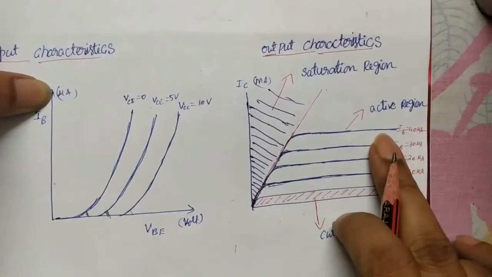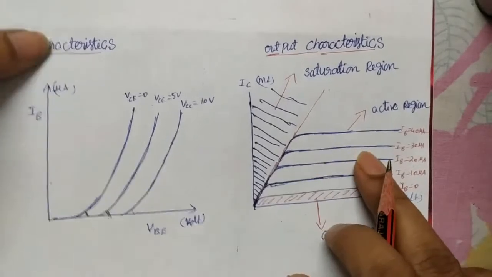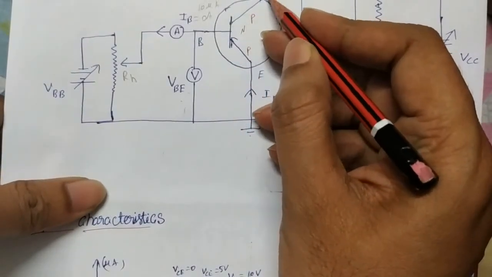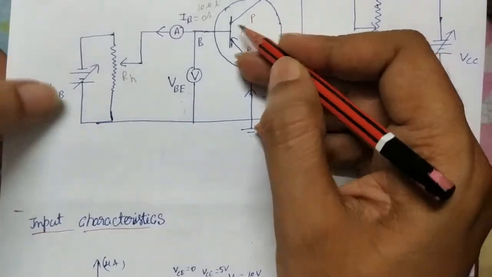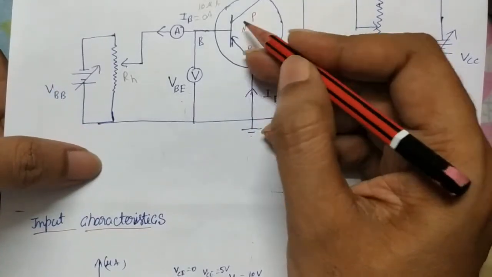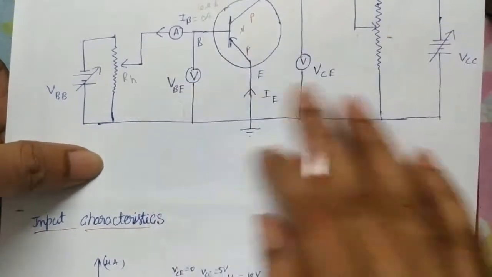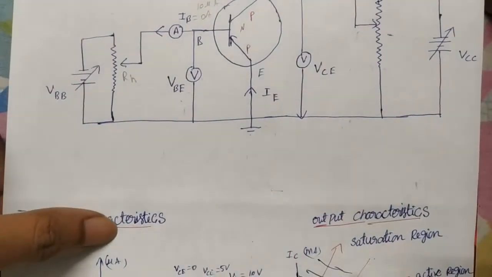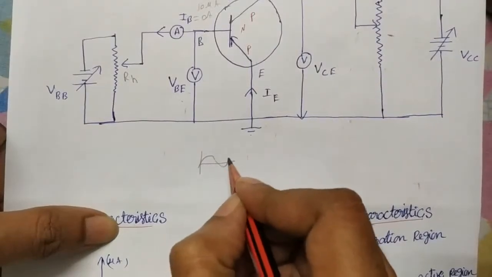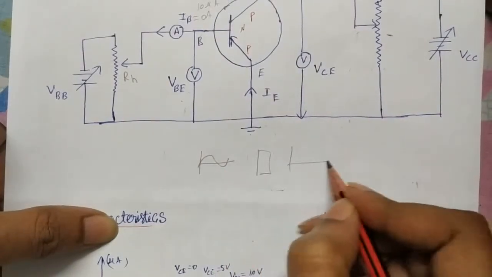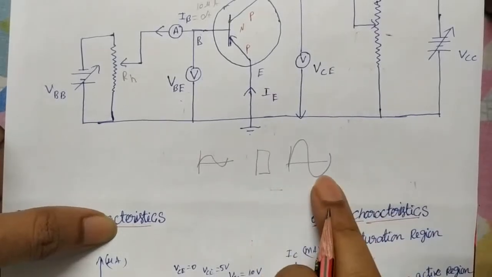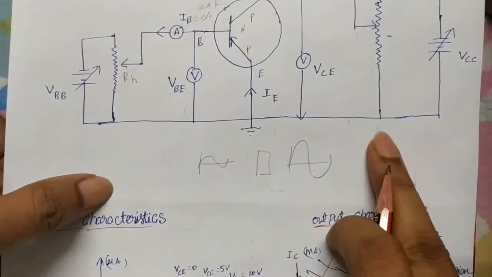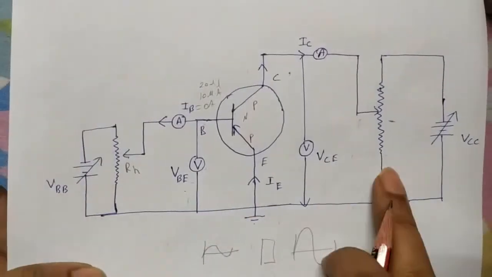And now about the active region. Active region means the emitter-base junction is forward biased and the collector-base junction is reverse biased. Always we are discussing this condition only: this one always forward, that one always reverse. In this situation, it is used as an amplifier. What is an amplifier? Suppose a weak signal is there. If you send it through, it will be improved into a huge signal. It increases the signal strength. That's what you call an amplifier. This common emitter configuration is used as an amplifier.